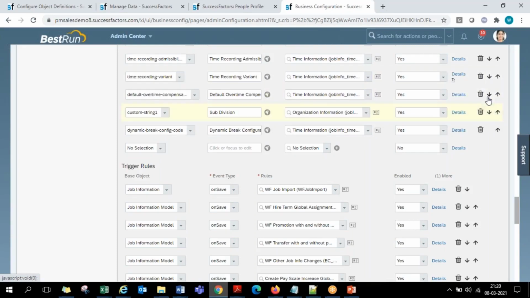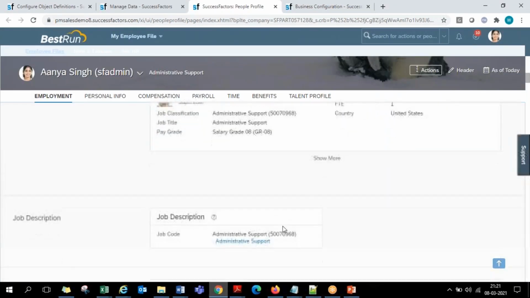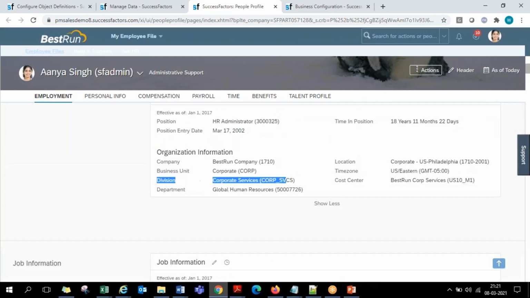So I'm not interested in doing all that now. It's all about alignment. Even if it is at the last place, that is fine, but it will be under the org information section. It will be the last field. So not completely at the end of the portlet, somewhere at the bottom of job info, not like that. Within org information, it will appear at the ending. That's it. Okay, so now if we refresh this people profile screen, guys,